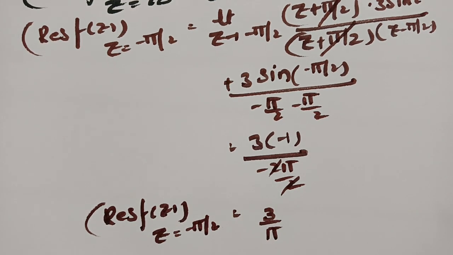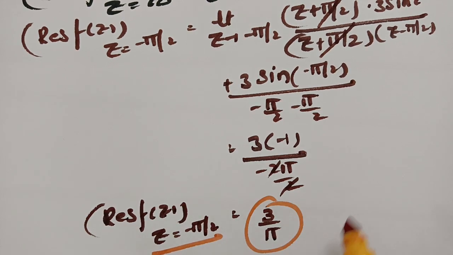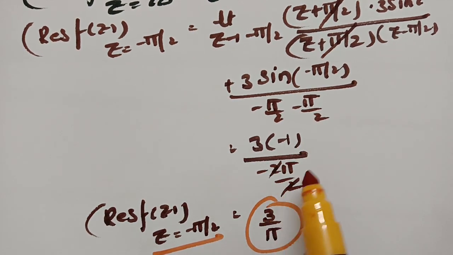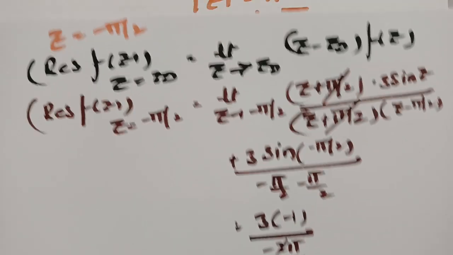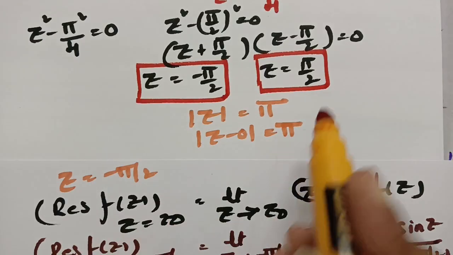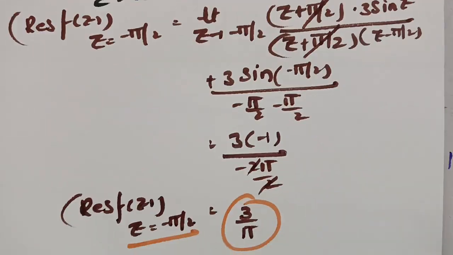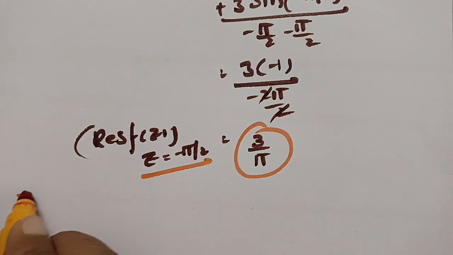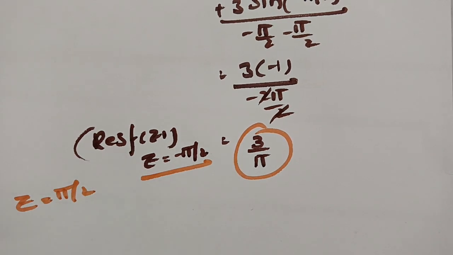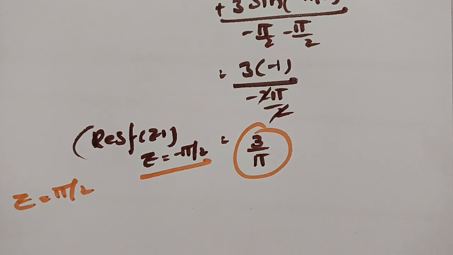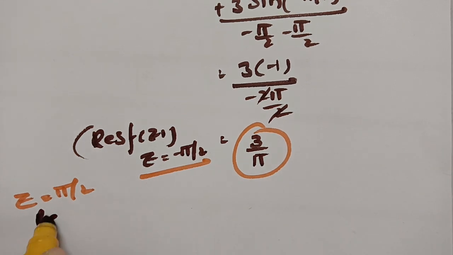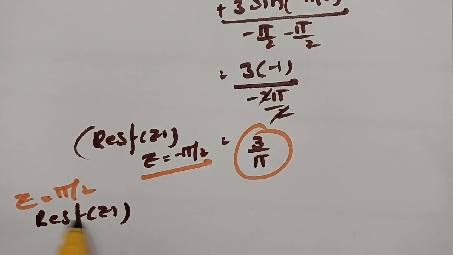For the pole value z equal to minus pi by 2, the residue value here is 3 by pi. And for the next pole value, plus pi by 2, I am writing the residue of f of z at the point z equal to pi by 2 as